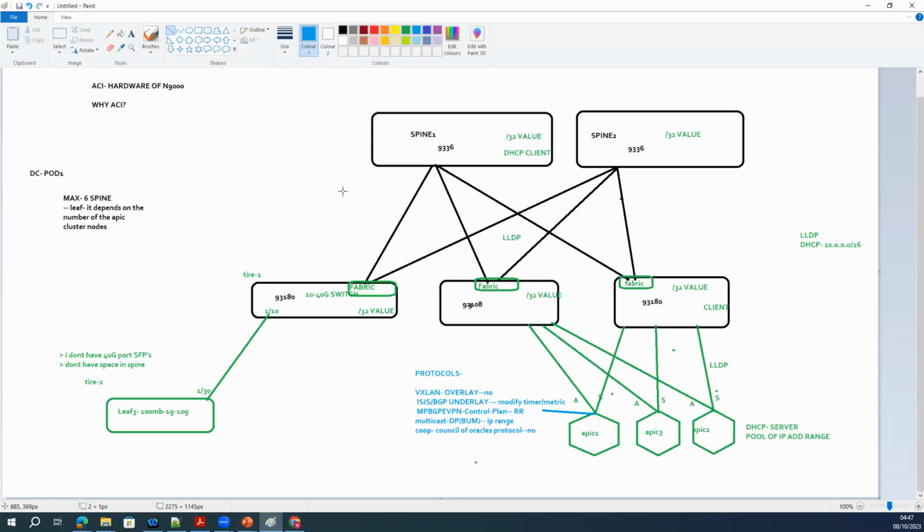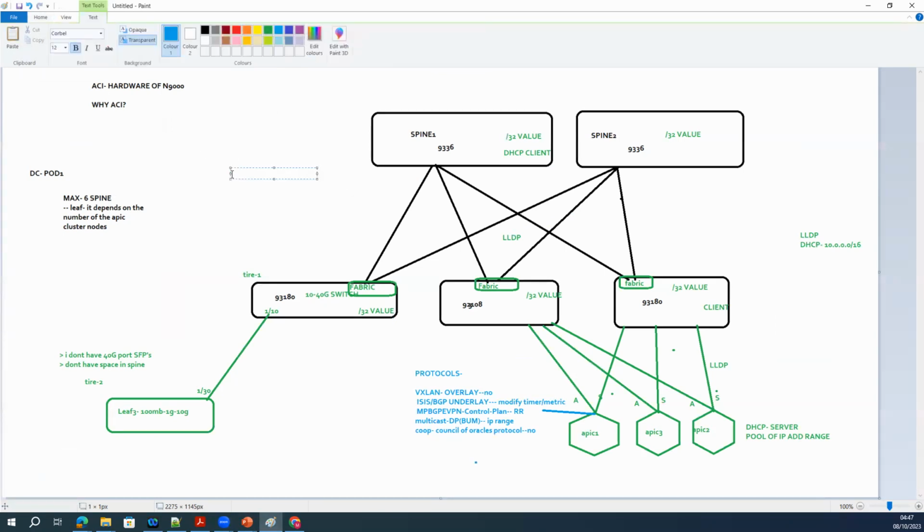What is VXLAN? Why not VLAN? The reason is VXLAN has multiple advantages over VLAN. How many VLANs can you create? 4,000 something, right? How many VXLANs can you create? 16 million. 16 million segments you can have inside the fabric. That's the reason VXLAN is better than VLAN.